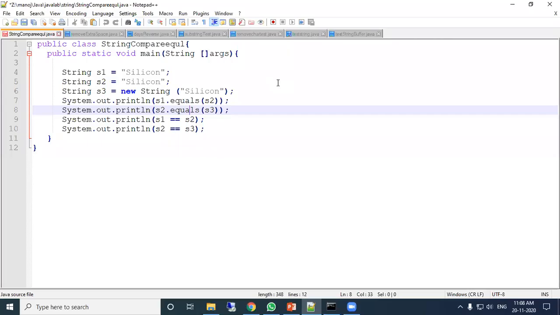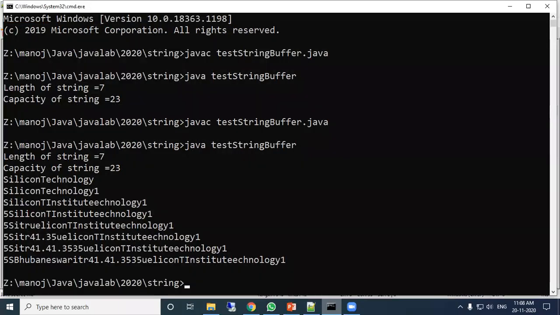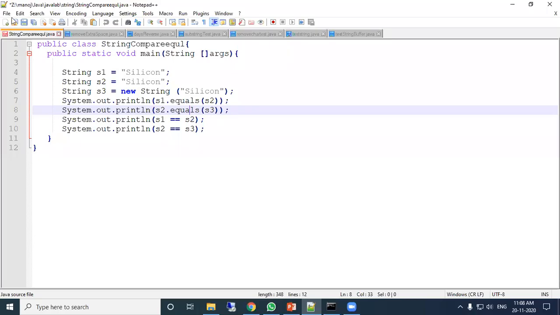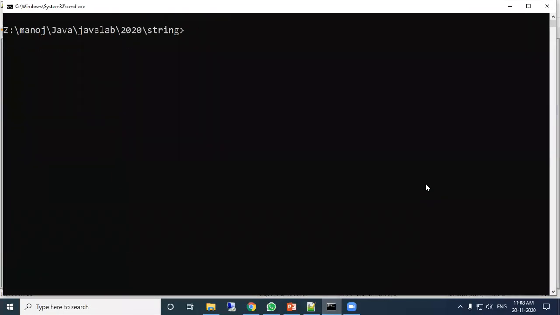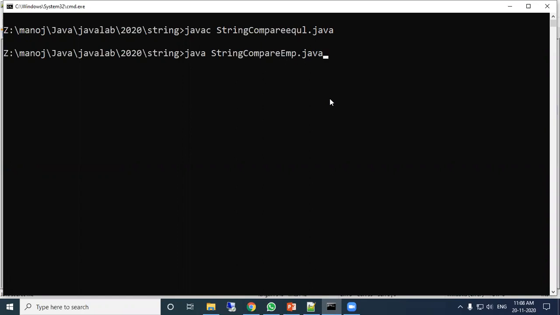Let us execute this program. String compare equal. What is the difference?